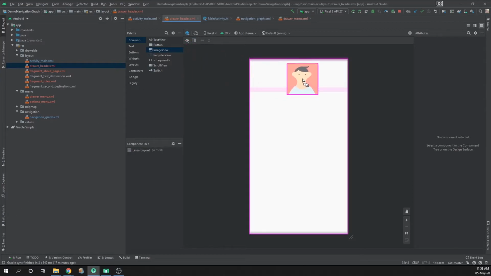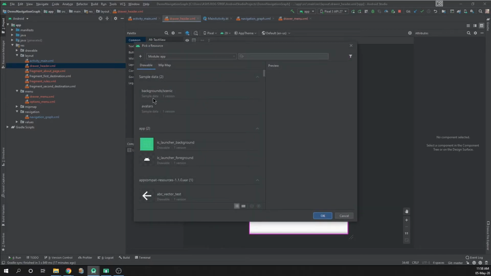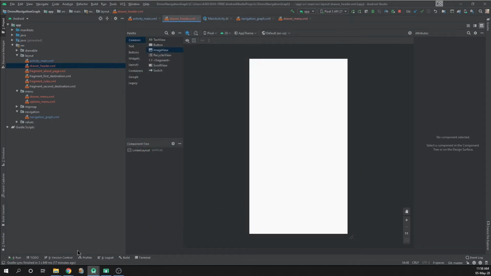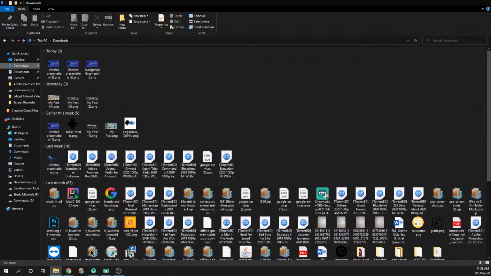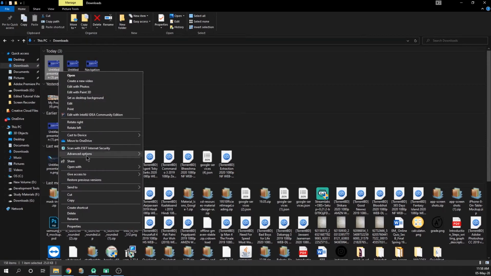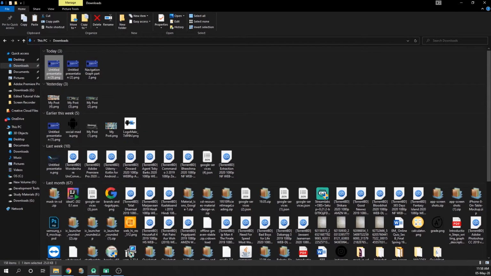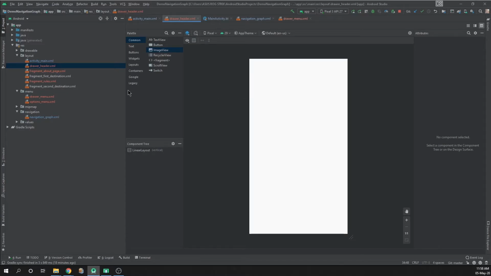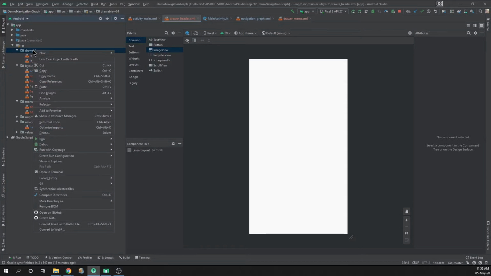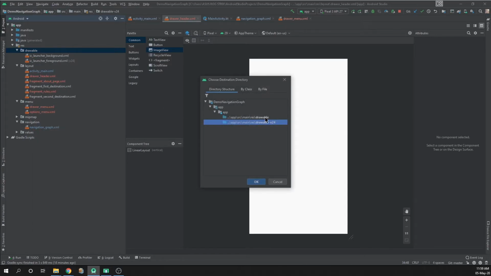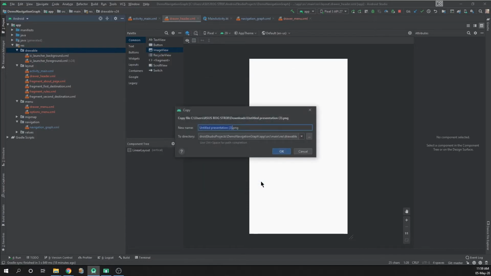Drag an image view. Well, we don't have any image to add for now, so just go to your PC and copy any random image and come over here, and you need to add an image to the drawable, paste it, select only drawable, not version 24, and